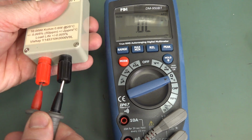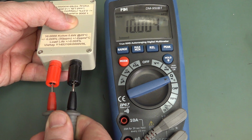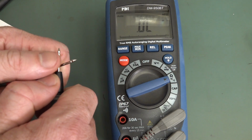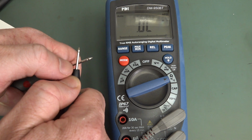And 10K. Let's count down a bit. But yep, good enough for Australia. And auto range speed, let's go. Well, that was really quick, wasn't it? Hang on. Wow,